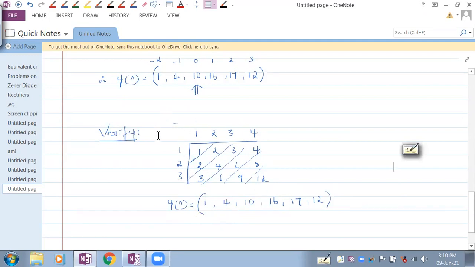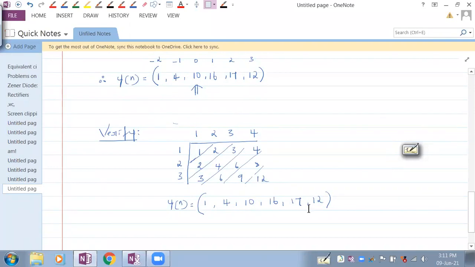I explain again, this is just a simple verification. This is just for your support. This is assistance. You will spend a lot of time to obtain this, right? So to check whether whatever you obtained is correct or not, you have one sequence here, the other sequence here, just multiply with every row. Then just go on grouping in this fashion. So it's 1, it's 2 plus 2, it's 3 plus 4 plus 3, it's 6 plus 6 plus 4, 9 plus 8, and 12. So this is your y of n.